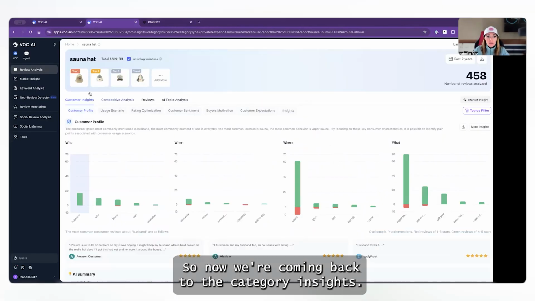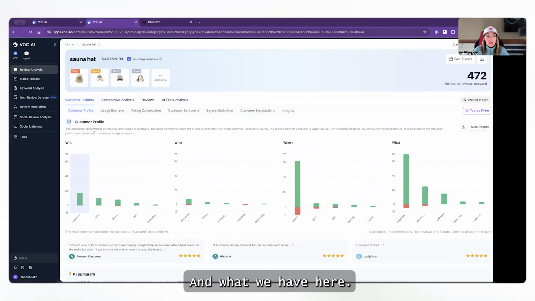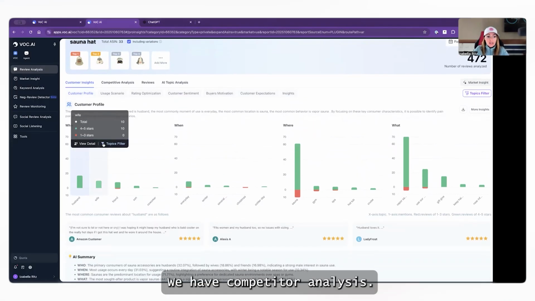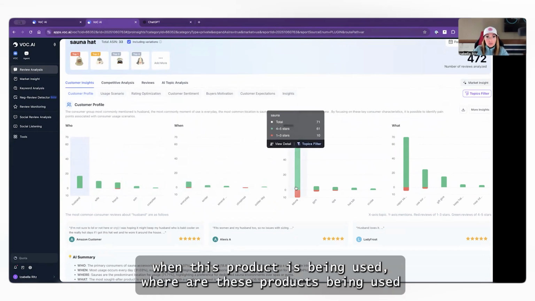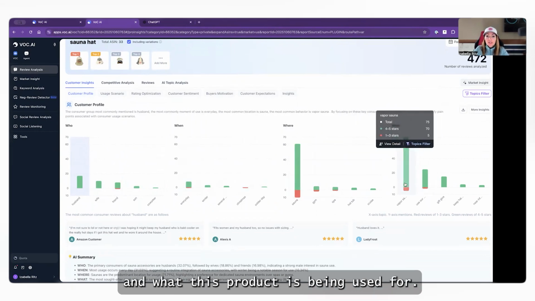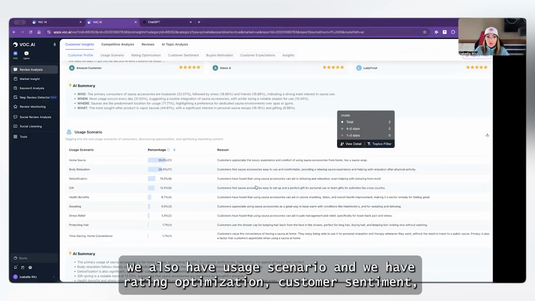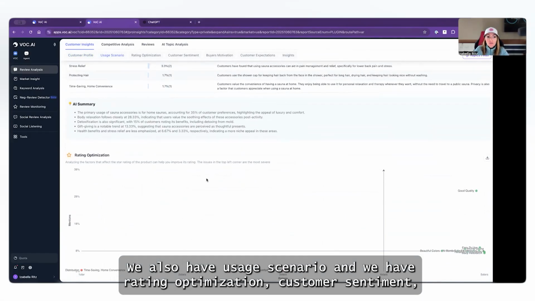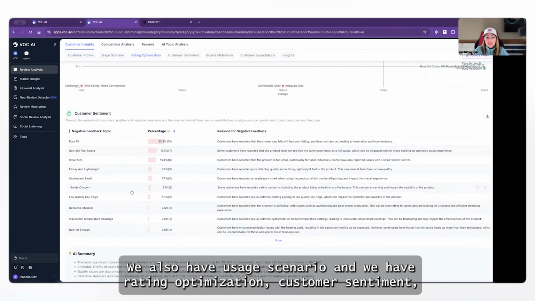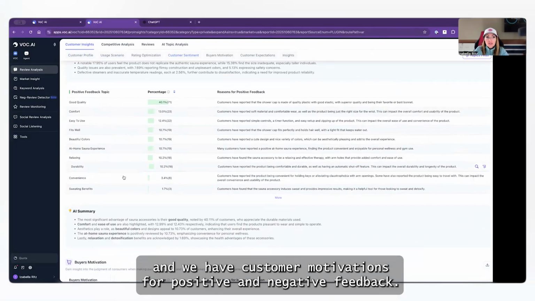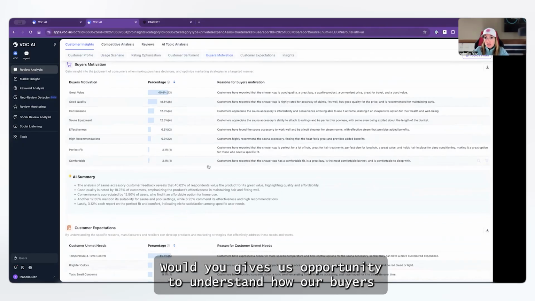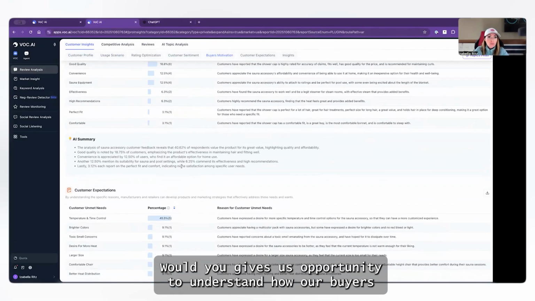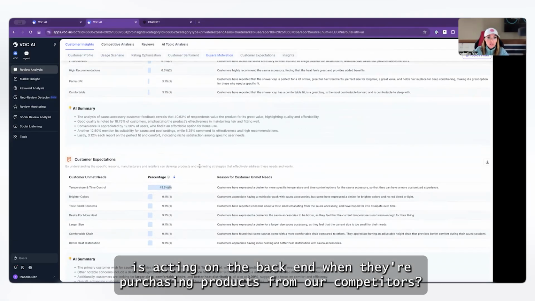So now we're coming back to the category insights, and what we have here is competitor analysis. We have the opportunity to see who is using this product, when, where, and what this product is being used for. We also have usage scenarios, rating optimization, customer sentiment, customer motivation, and positive and negative feedback, which gives us the opportunity to understand how our buyers act on the back end when they're purchasing products